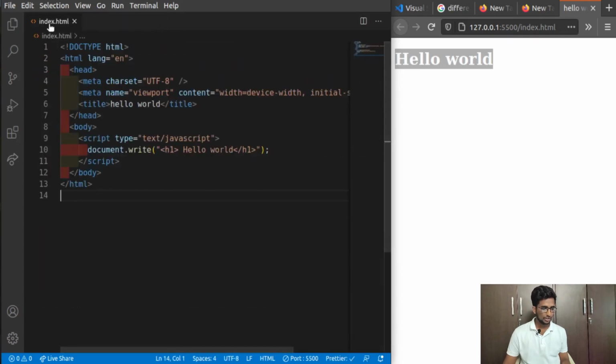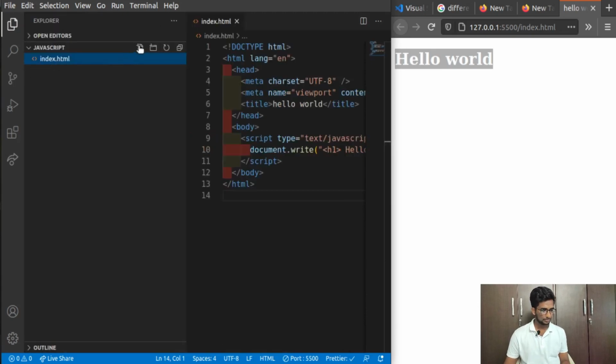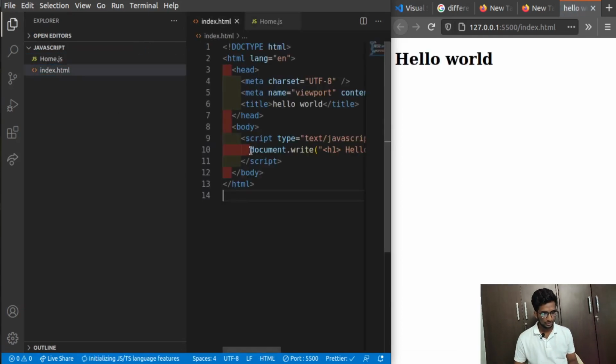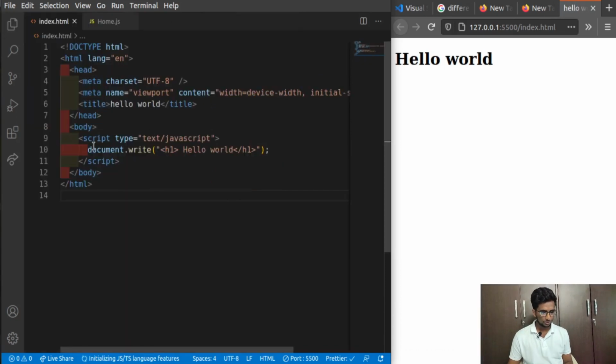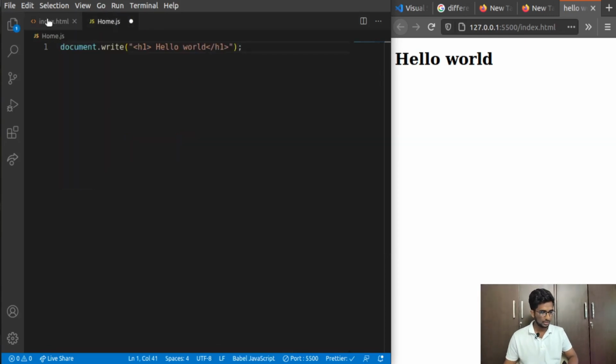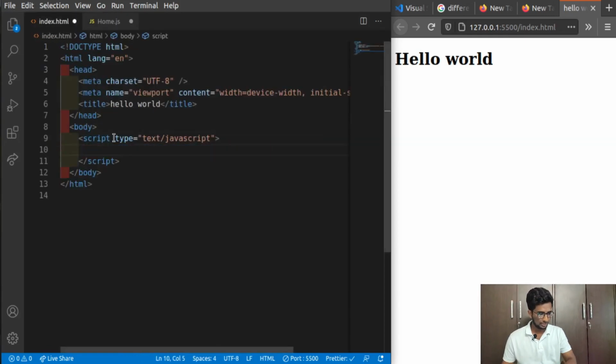And there is another way. This is the first manner, where you can just type the full code inside of this one. Or there is another manner: first I'm going to create a JavaScript file, for that purpose I'm going to create home.js. .js is the extension for this particular file, and here I'm going to copy this particular part of code, Control C, paste it here, and remove it from here.